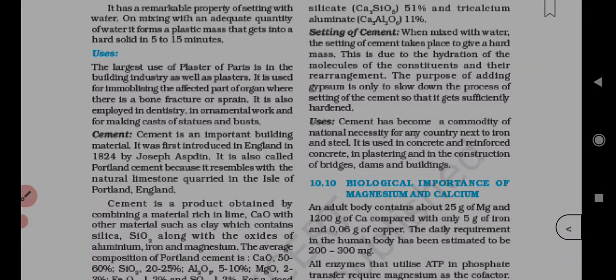एलुमिना, एल्यूमिनियम ऑक्साइड 5 to 10%, मैग्नीशियम ऑक्साइड 2 to 3%, फिर आयरन ऑक्साइड 1 to 2%, SO3 1 to 2%। सो लोहा सिर्फ 1 to 2% होता है। फॉर अ गुड क्वालिटी सीमेंट, द रेशियो ऑफ सिलिका टू एल्यूमिना शुड बी बिटवीन 2.5 और 4 के बीच में। फॉर गुड क्वालिटी सीमेंट परसेंटेज कितना होना चाहिए।